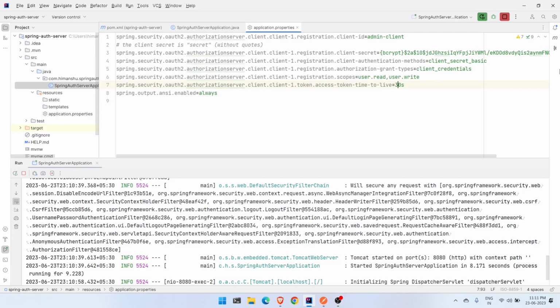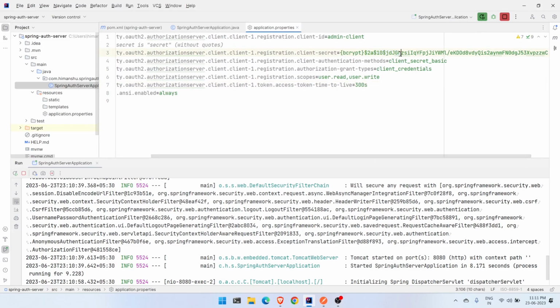So let's change it and let's keep it for a bit longer. So let's say 300 seconds for now, which amounts to 5 minutes. And then coming on to the secret part. So how are we getting this one? So this secret is basically this password, in our case the value secret, which is encoded with a bcrypt